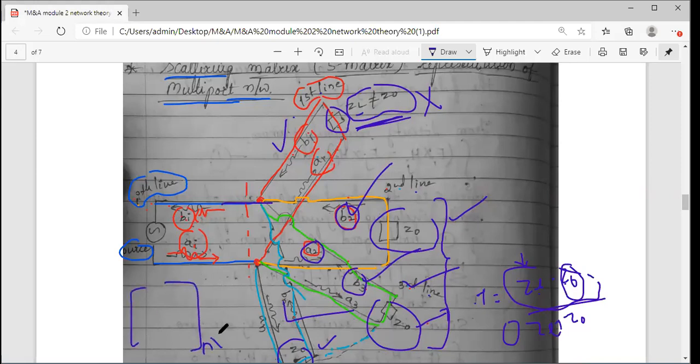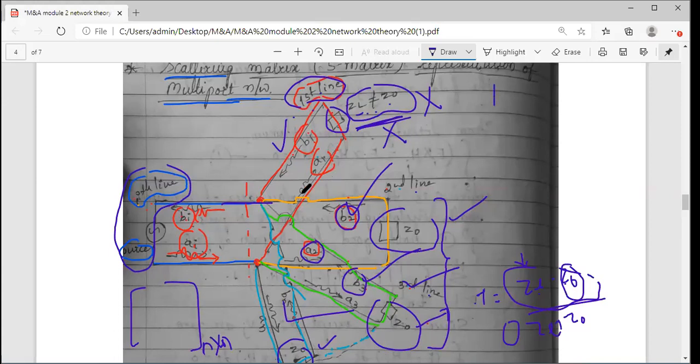It will be having rows and columns, right? N cross n in general. So it will be having rows and columns, which means I need to go for different combinations here. What I will do, I will first connect my source. Source will be ith line. First time I will take ZL not equal to Z0, which means the first line which I am taking is not terminated in characteristic impedance. This is your first combination.